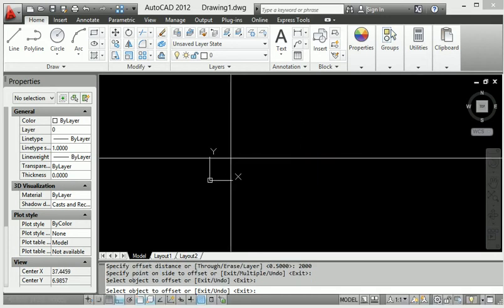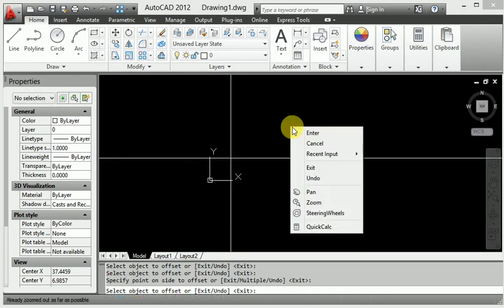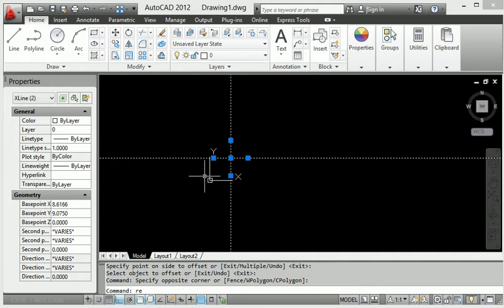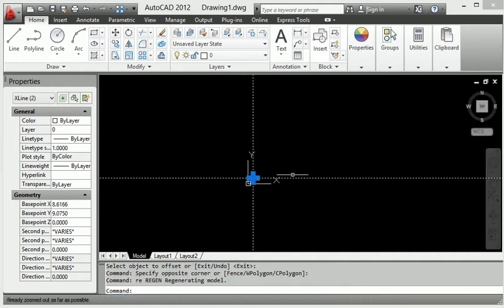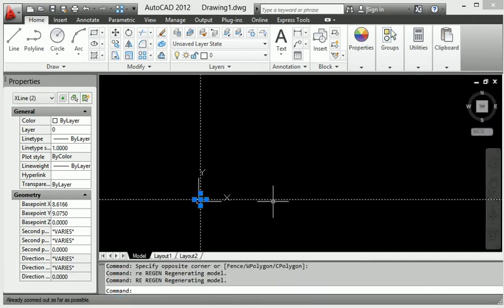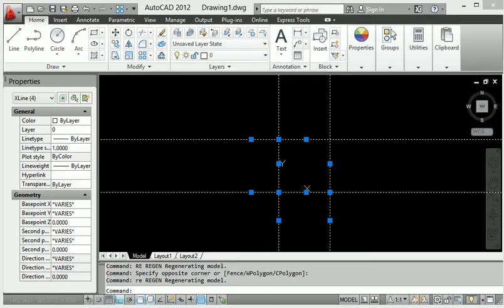Then again I will show you outside and enter. Then I will select this REC, it means region.